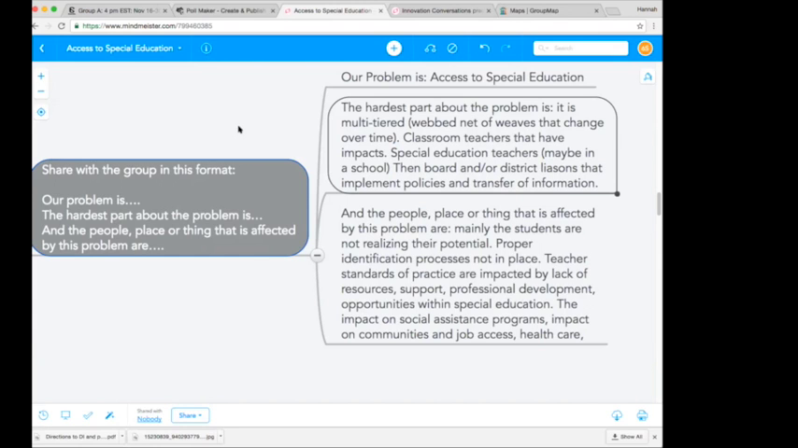The people, place, or thing that is affected by this problem are, number one, the students. So do students have proper access to special education? It is everybody's human right to have access to education, and it's everybody's human right, whether it doesn't matter ability. When Courtney and I talked about this, we started brainstorming what we were going to talk about, we talked about how when we came back into this